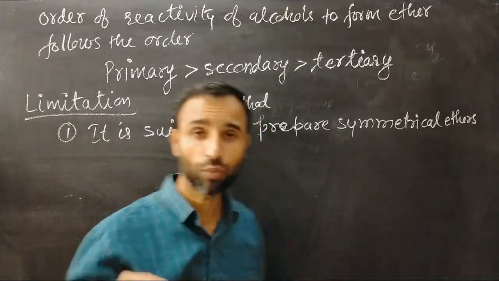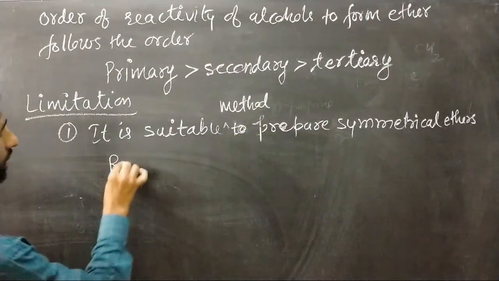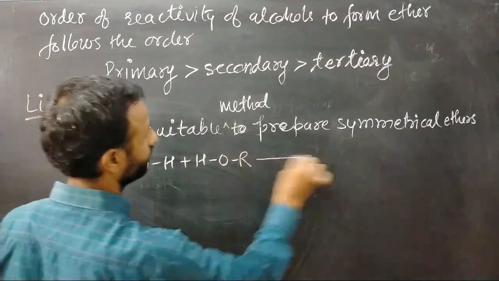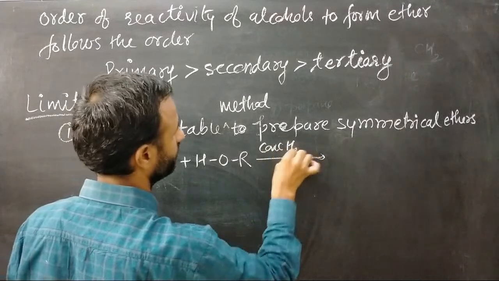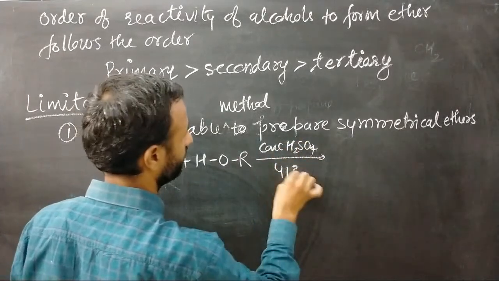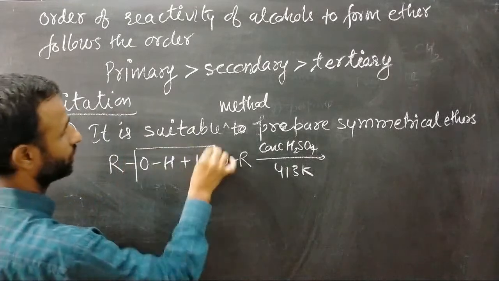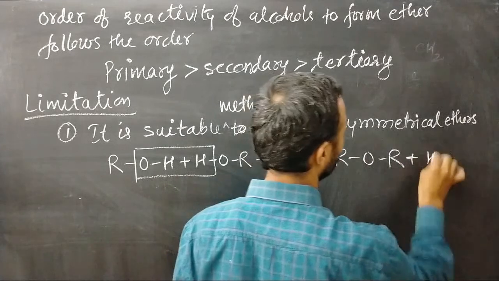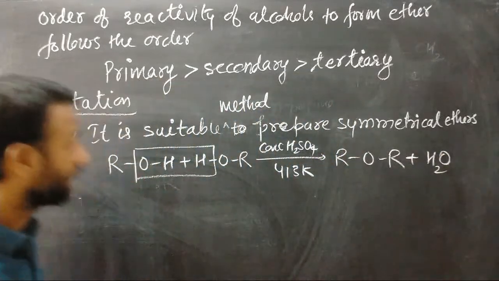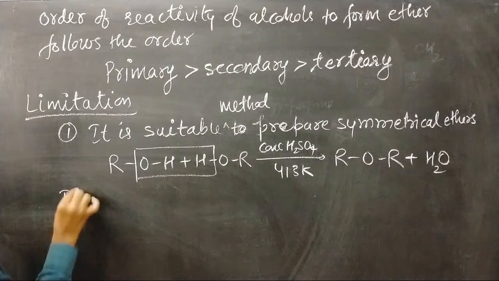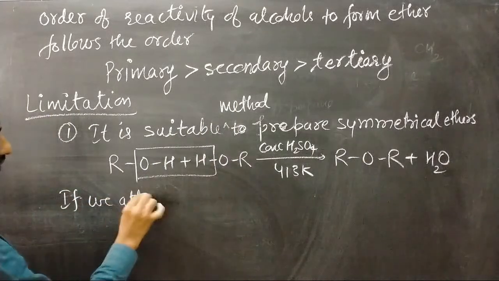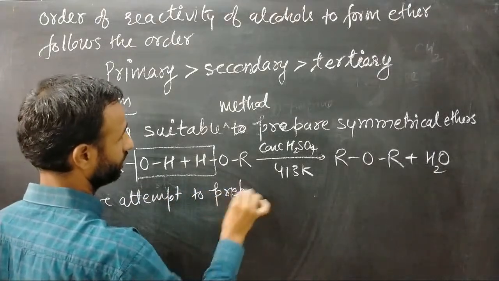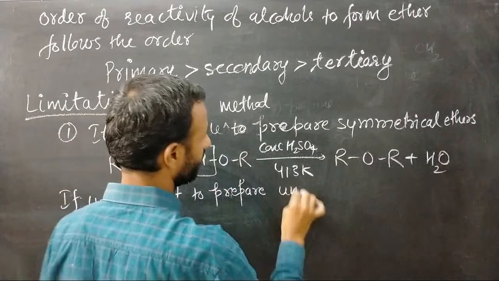Because if we attempt to prepare unsymmetrical ethers, say in symmetrical ether, it is like this. OH and H, and we get ROR along with water. But if we attempt to prepare unsymmetrical ethers,